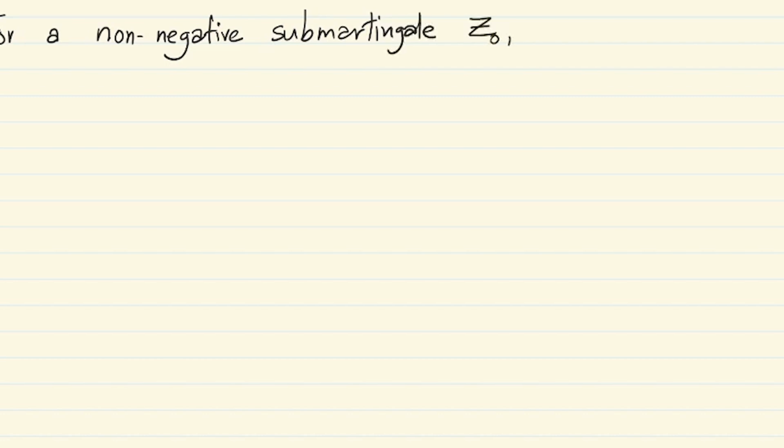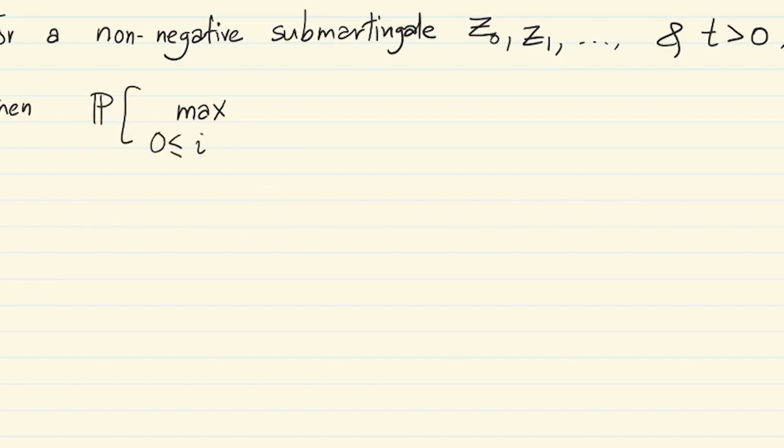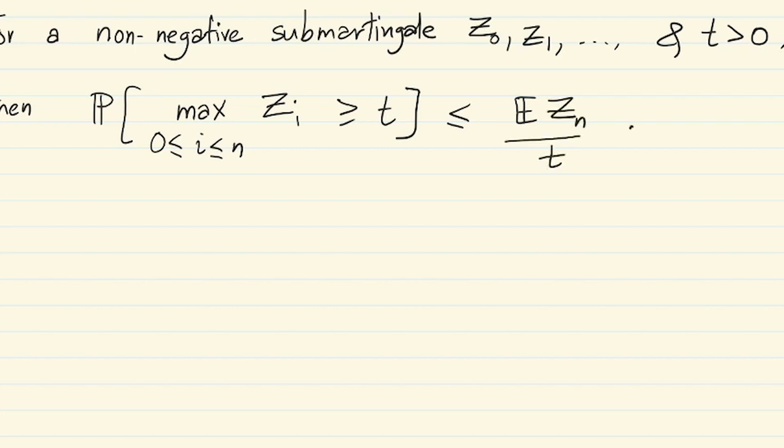If you have a non-negative submartingale, let's say Z0, Z1, Z2 and so on, and T is a positive number, then the probability that the largest Z exceeds T is no more than the expected value of the last element Zn divided by T. This is very similar in form to the basic Markov's inequality, except that it is much more powerful